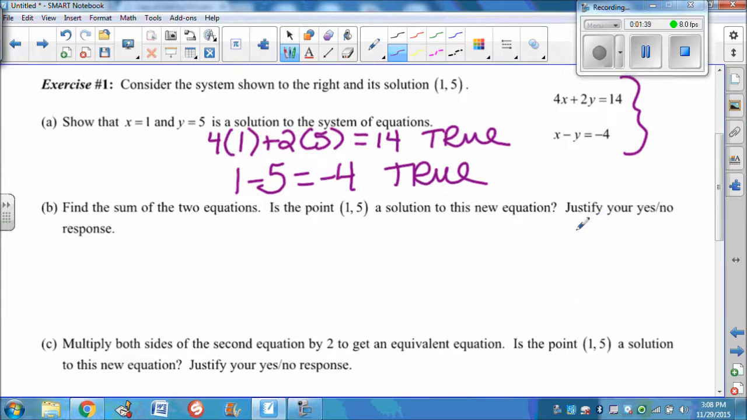Now let's play around with these 2 equations. It says find the sum of the 2 equations. So if we were to sum these 2 equations up, we've got to combine like terms. So we have,